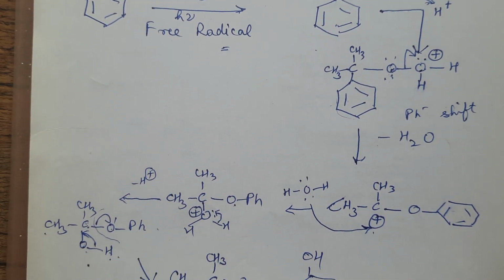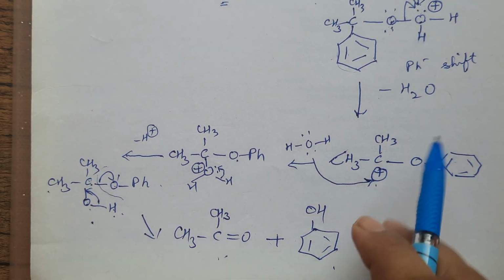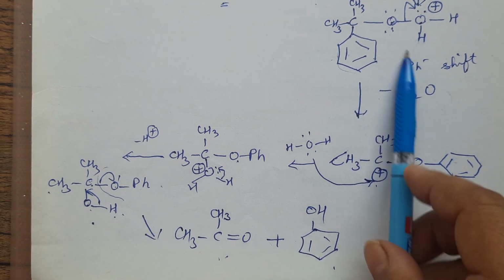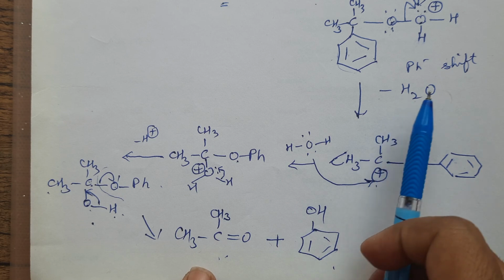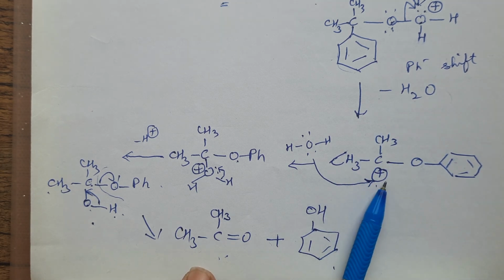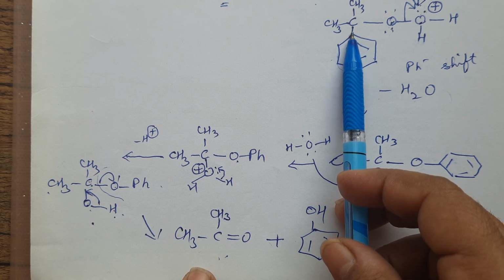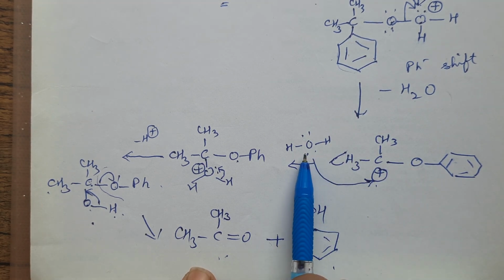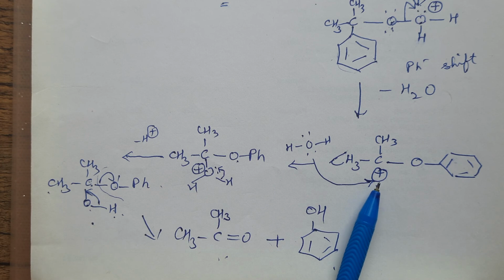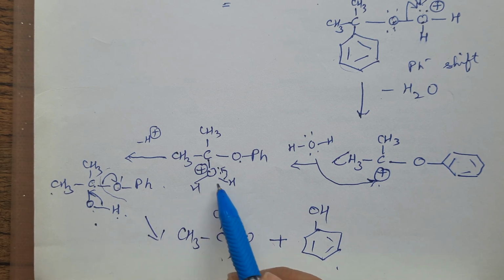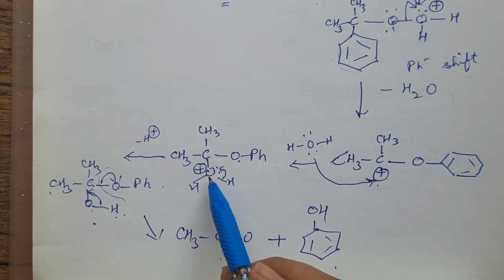So what changes were there? I have written here the phenyl on this particular oxygen. Now water came out. This carbon now has a positive charge because the phenyl has shifted. So now this water brings a lone pair and attacks this particular carbon with the positive charge. When it attacks here, you will have this water, right? Again this O is positive, not happy with it.